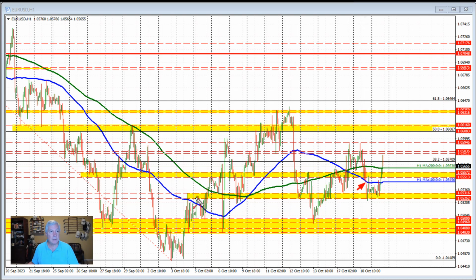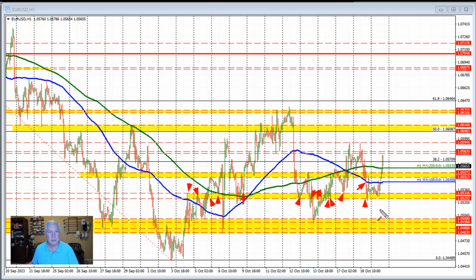And where did we go? We went down to this swing area where we had a number of swing lows and swing highs. So you get the point, through here, here, and here, before coming down to that area, finding some support, breaking a little bit below it by a few pips, and then rotating back to the upside. We closed just above this swing area between the 1.0525 and 31 area. In the Asian session today, we kind of wandered our way down toward that swing area,